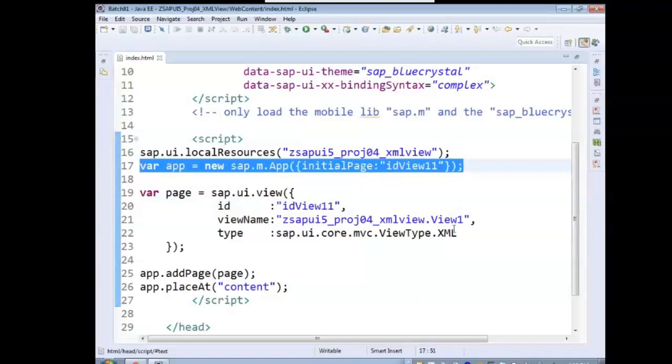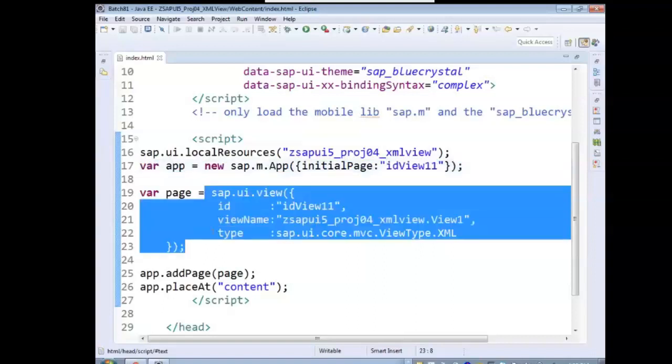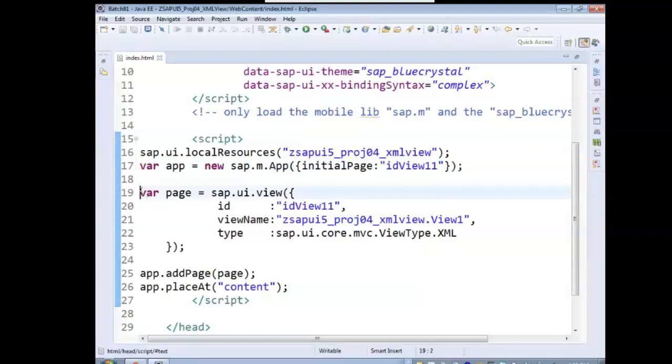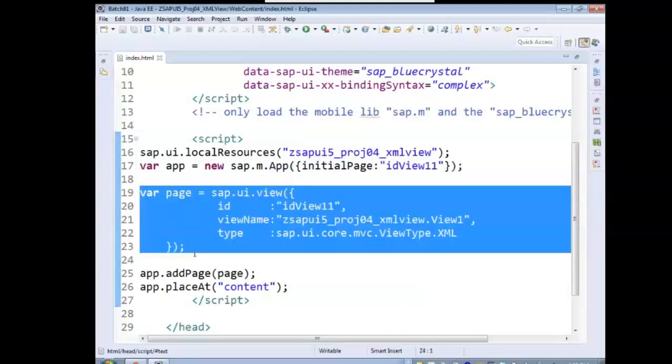You must get the doubt as technical guys: how can an ID be used before it is declared? Because this is being created in the server much before the 17th line. Your eyes might deceive you at this point of time. Before the 17th line, this 19th line got created. This is the funda of the Eclipse tool and the server and the view creation.